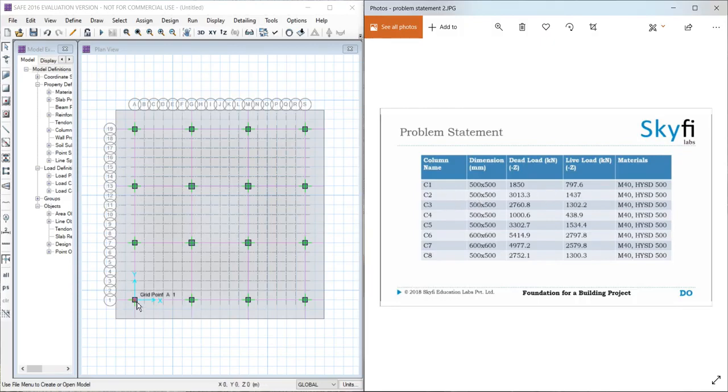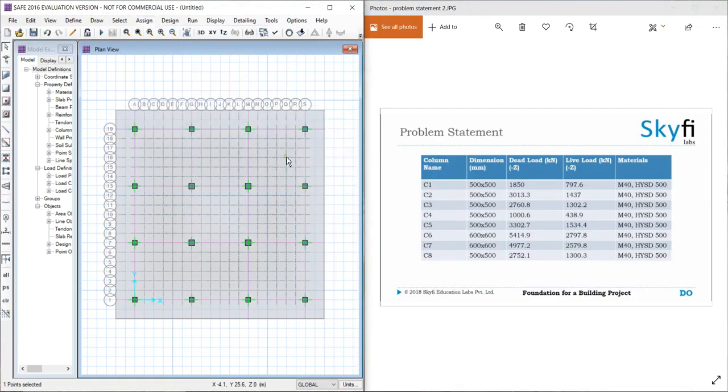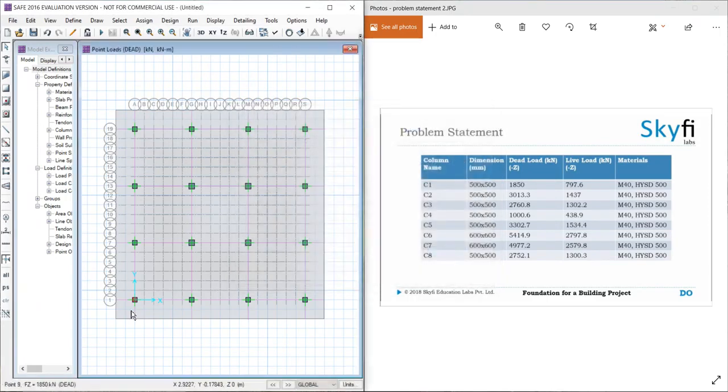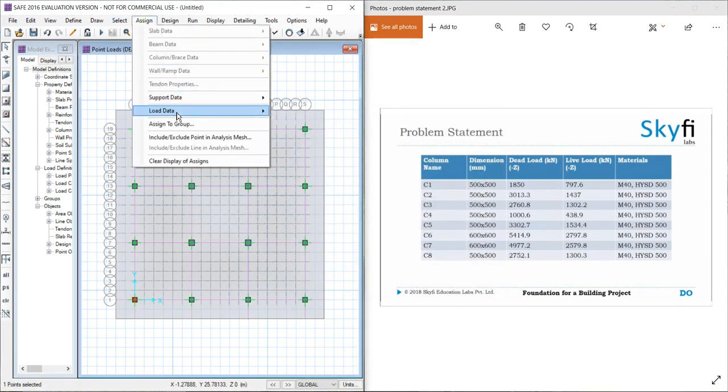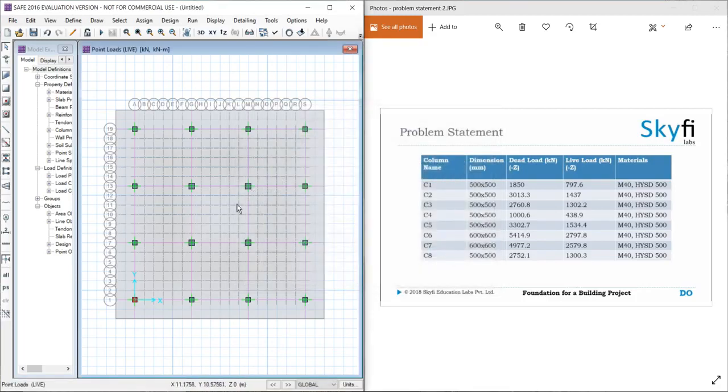So go to point 1, go to assign load data, point load, dead load of 1850 and click OK. Again select, go to assign, load data, point load, live load equal to 797.6 and click OK. Similarly do this for all the columns.